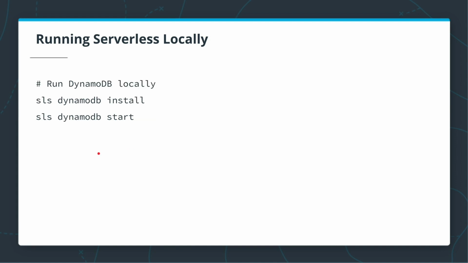Now, once we have the configuration in place, we can first of all start our DynamoDB, but before we can start it, we need to install it locally. To do this, we need to run serverless dynamodb install, which will download binaries for running local DynamoDB, and then we can start it using serverless dynamodb start. Once we have our database, we can run serverless offline, which will start the local development server, and we can send requests to this server instead of sending them to API Gateway.